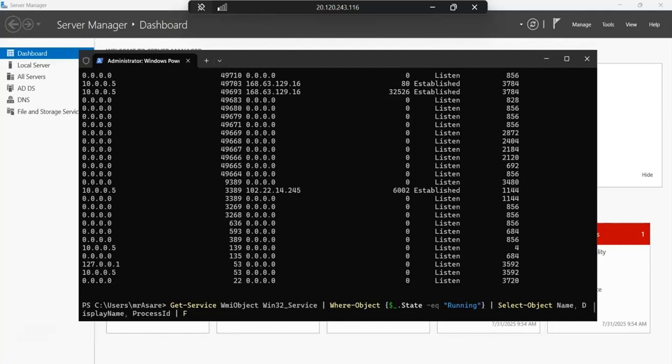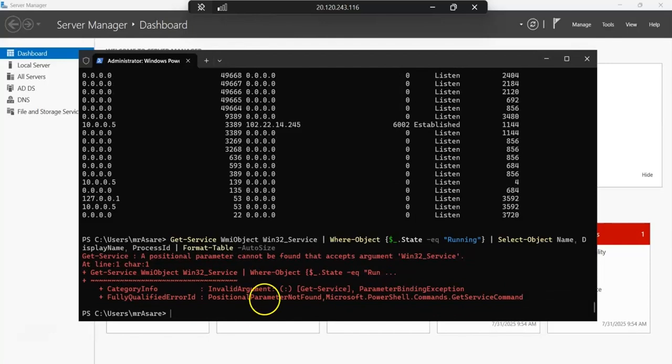So I'll Format-Table, and I will also add the AutoSize, to make sure that my table is well sized to fit my interface, not having some of the content truncated. So I'll go ahead and hit enter,